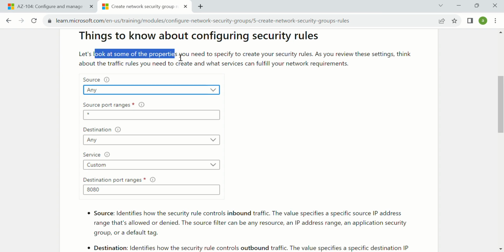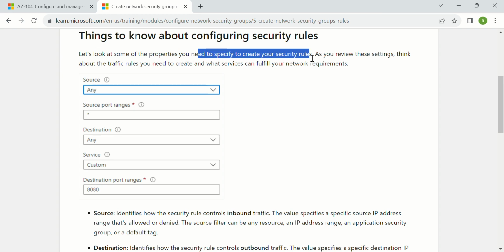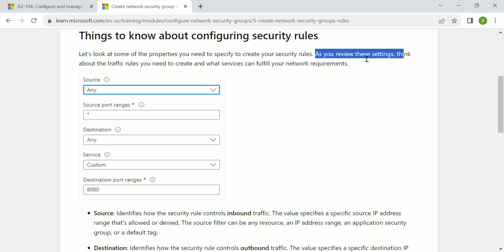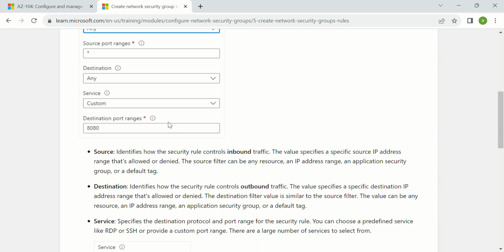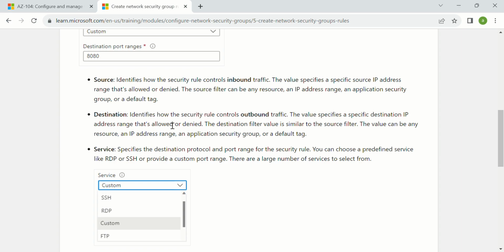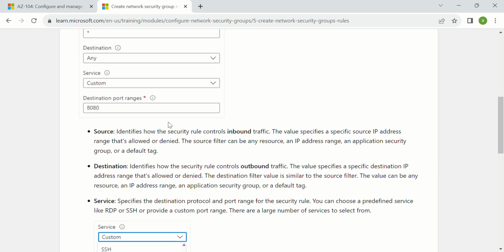Let's look at some of the properties you need to specify to create your security rules. As you review these settings, think about the traffic rules you need to create and what services can fulfill your network requirements. Source identifies how the security rule controls inbound traffic. The value specifies a specific IP address range that is allowed or denied. The source filter can be any resource, any IP address range, an application security group or a default tag. Okay,